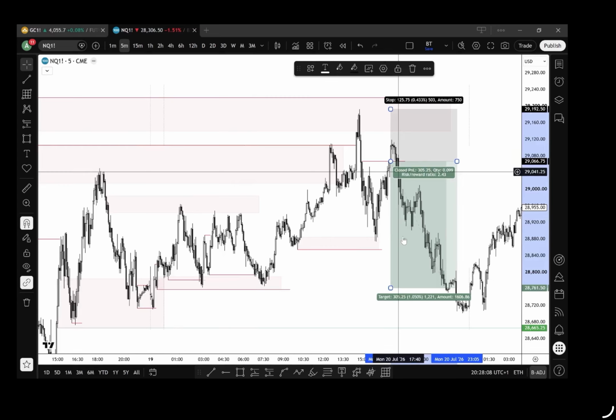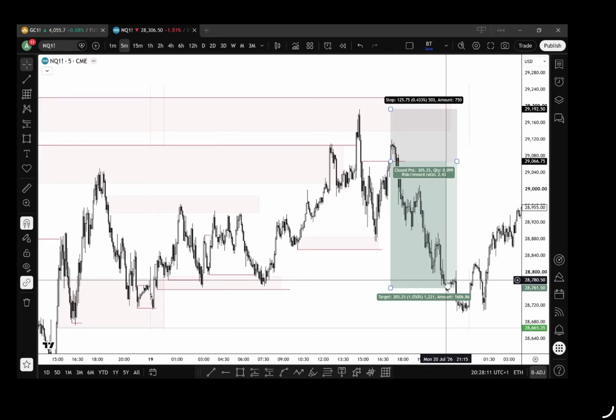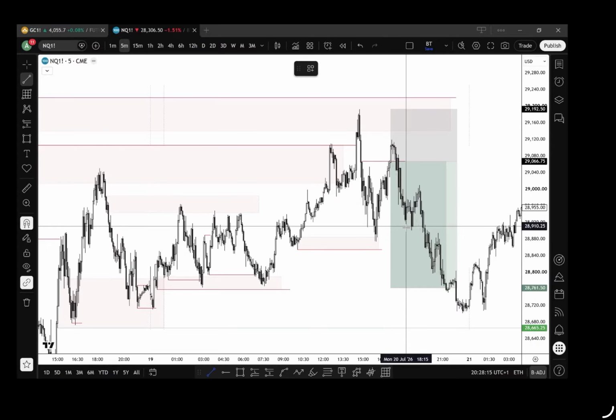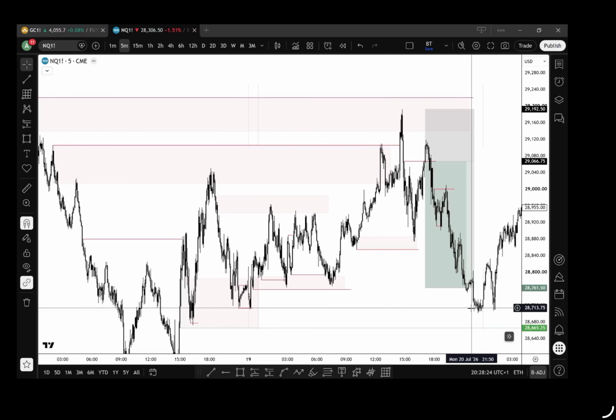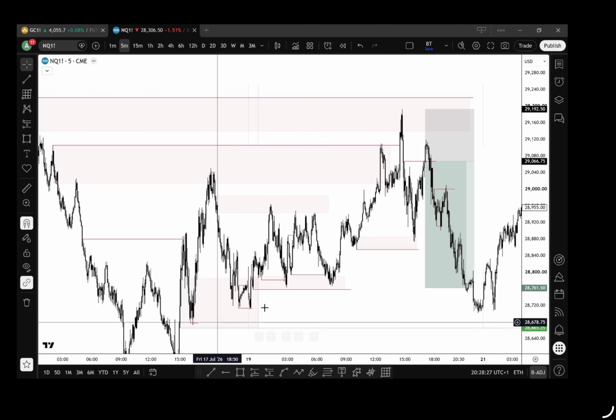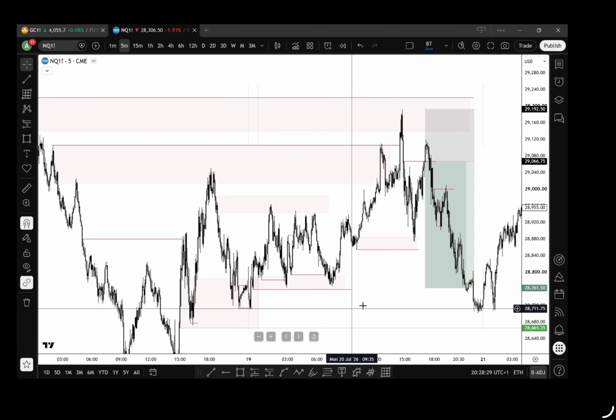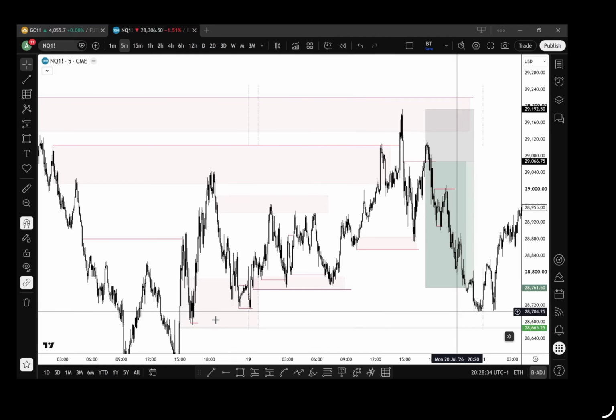Okay, we then come back down, induce lower, back into this area, come back up and take those highs. But again, the RR just didn't make sense. So nothing you'd be taking on a Monday. Okay, but you can see how we've built liquidity to the downside. Now, what do we come and do on the close of Monday? We come and we take out all of that liquidity. Okay, but again, nothing I'd take.